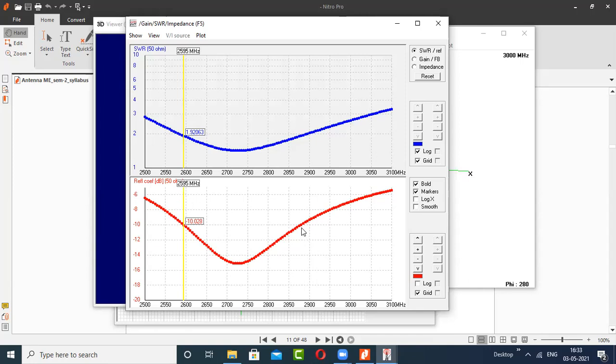Upper cutoff frequency, earlier it was 2.91. Now this time it is 2.8. Right? Yes, 2.8. So in my case, bandwidth has got changed, and the resonant frequency, that also has got changed. Earlier it was 2.775 megahertz. This time it is 2.725 megahertz.